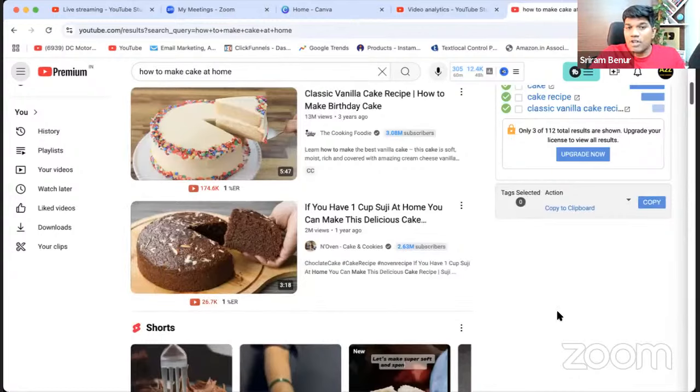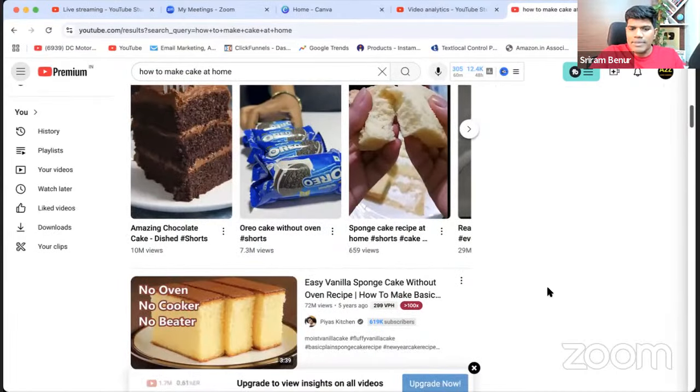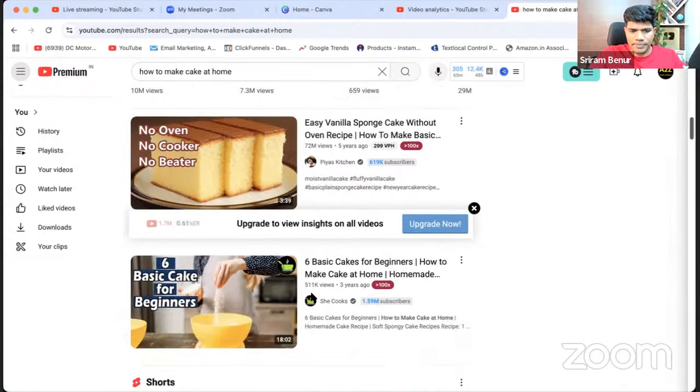If it is not looking great, people are not going to click. So learn how to capture a great thumbnail. See this. The crazy one. No oven, no cooker, no beater. Yet a fabulous spongy cake. Now, the beauty here is this itself is grabbing so much attention that one wants to really cook that and eat right now, or bake that right now and do it, right? So that's how it should be.